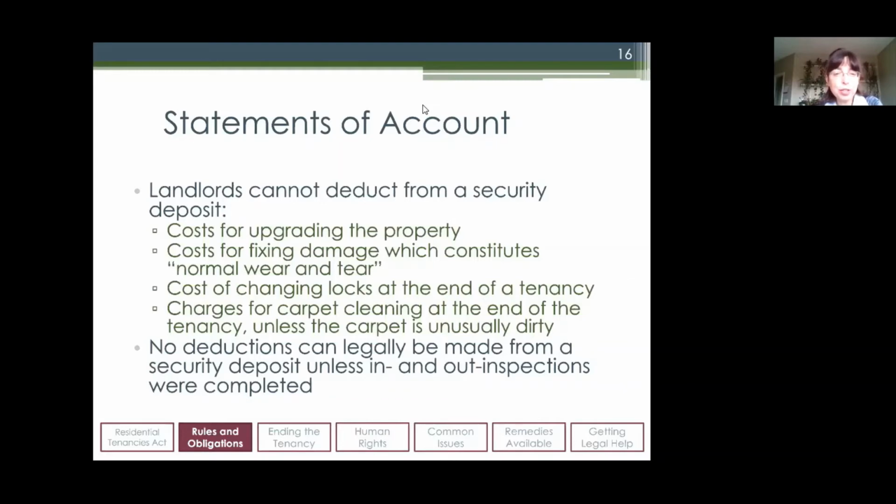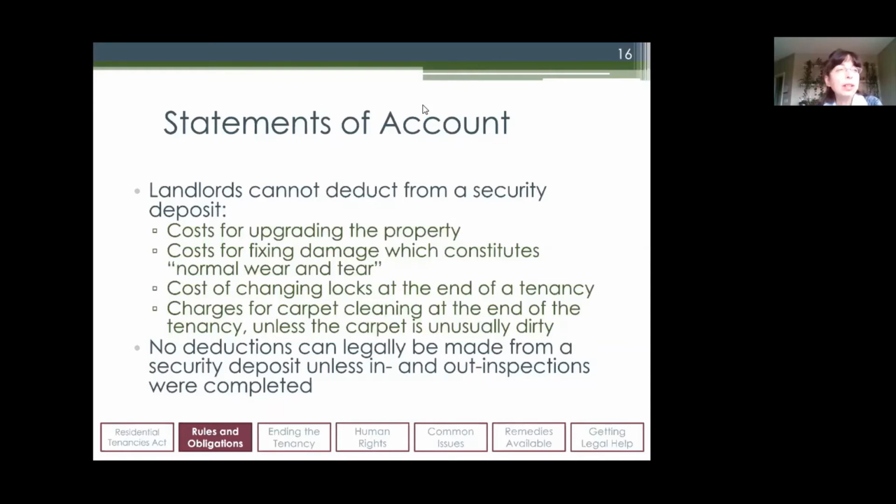They are not supposed to charge you for carpet cleaning at the end of the tenancy, unless the carpet is unusually dirty. But again, normal wear and tear would apply to the carpet, because you walk around in that space, right? And all your family members walk around on your carpet. You don't just fly in the air when you are in your apartment or in your house. So carpets do wear out, and minor stains happen just because feet step on that carpet every day continuously. If the landlord wants to have the carpets cleaned professionally after that, they can,